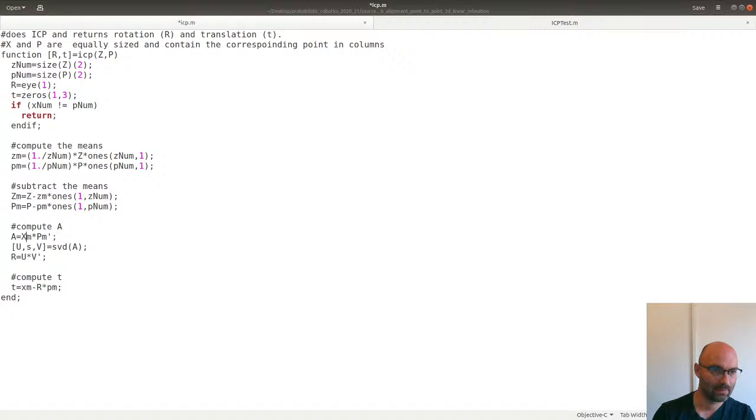Probably I forgot something, but the measurements are called Z and the states are called P. So what we do here is to calculate the